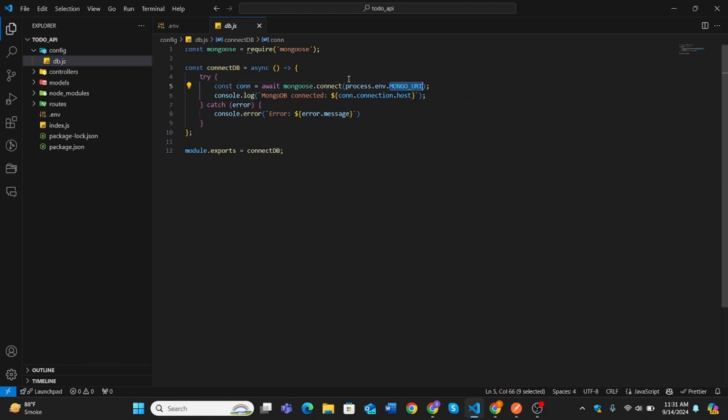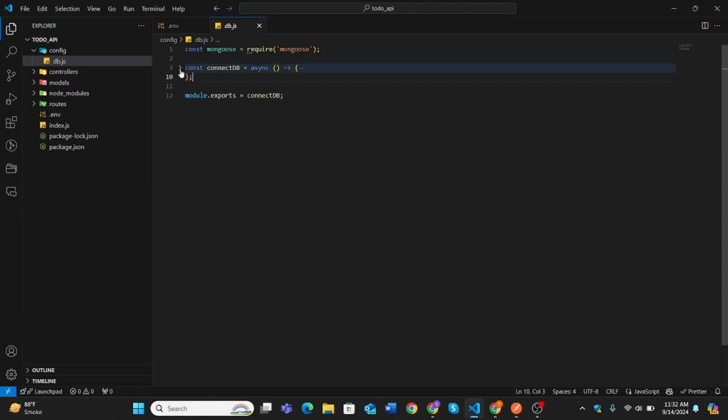Then it will connect to our database, and here it will print that MongoDB is connected and show your host. Otherwise, in case of error, it will tell us that an error has occurred. That is basically our config db file. Now we need to use this in our index.js file or other files. That's why we will export it